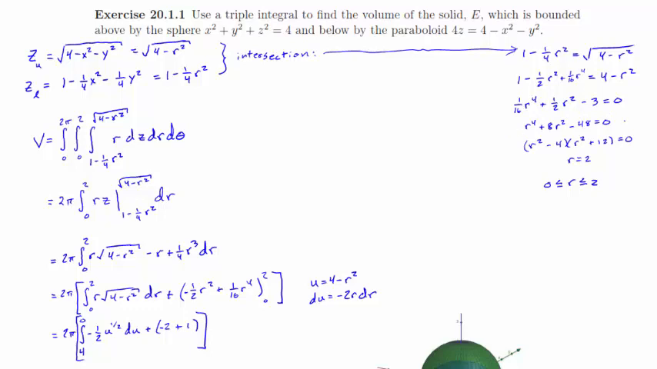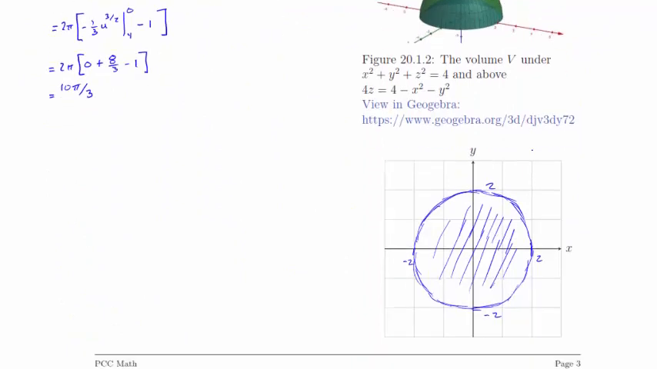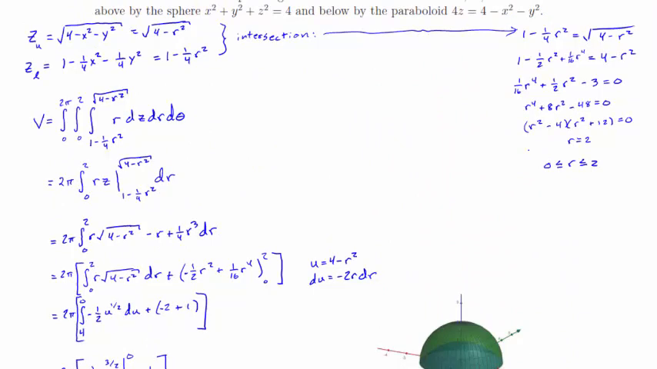Then I multiplied both sides by 16 to get r to the 4th plus 8r squared minus 48 equals 0. This factors as r squared minus 4 times r squared plus 12 equals 0. These only have the solution of r equals 2, so that must be the intersection. So our r values must go from 0 to 2. I did go ahead and draw this domain down here, although it's pretty simple that it's just the circle of radius 2. So we get that our volume equals the integral from 0 to 2 pi in the theta direction,